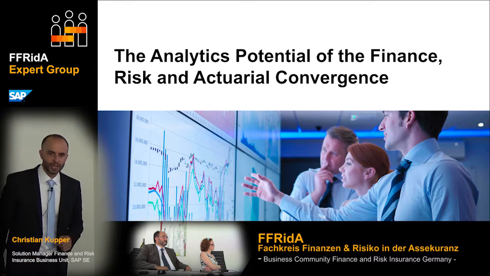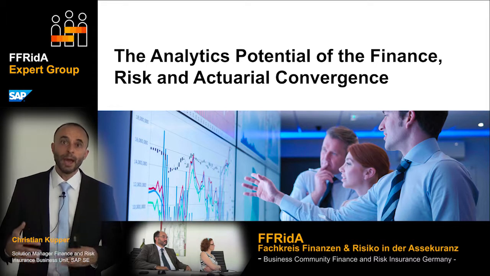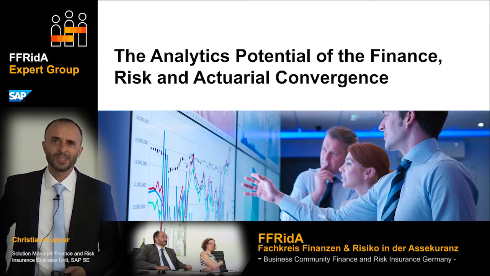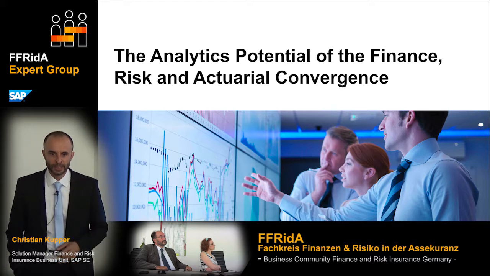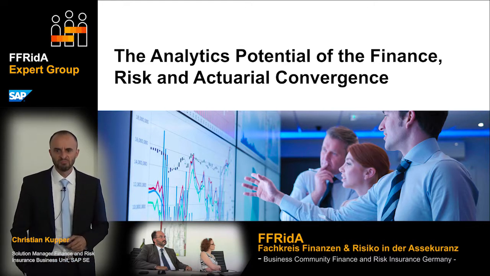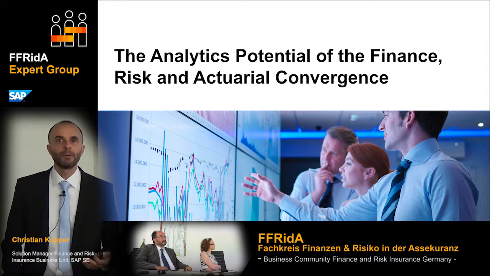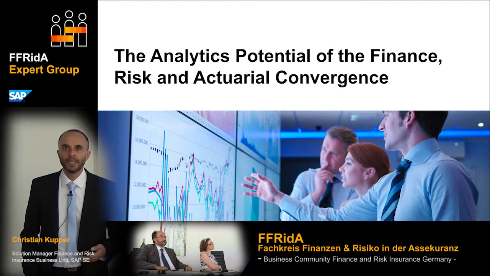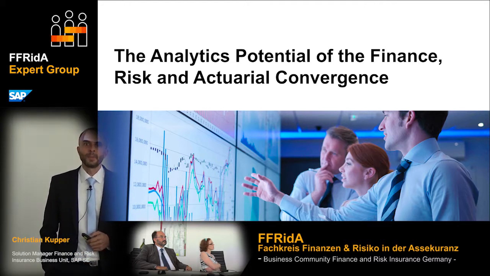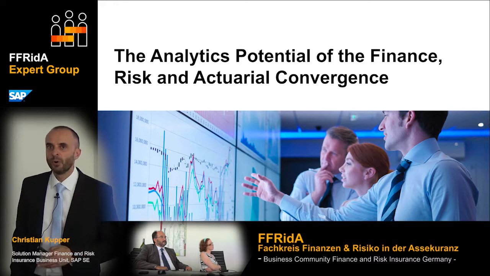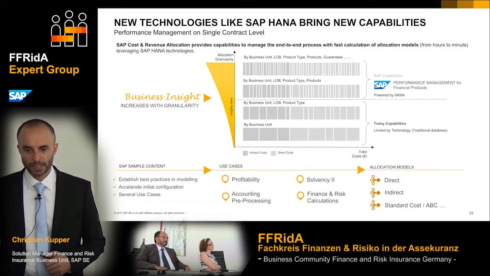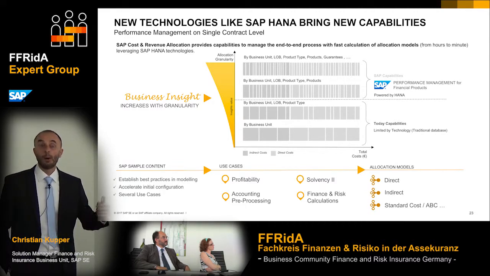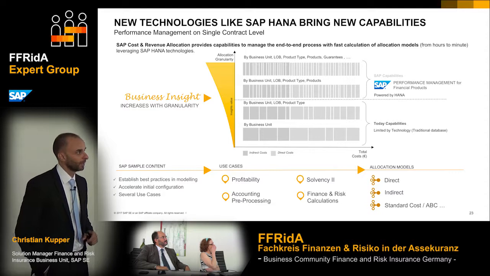In addition, I would like to take you one step further. So now we have done all these things for IFRS 17, and basically if you look one step further, what can I do with all this information, and what can I do with information on the lowest level of granularity? Today, in these days of HANA, big data, and so on, performance is not an issue anymore, and also the storage of data is not that an issue anymore like it was before. So now we can allow ourselves to store things on the lower level of granularity.